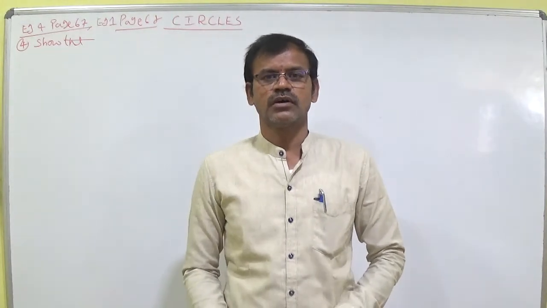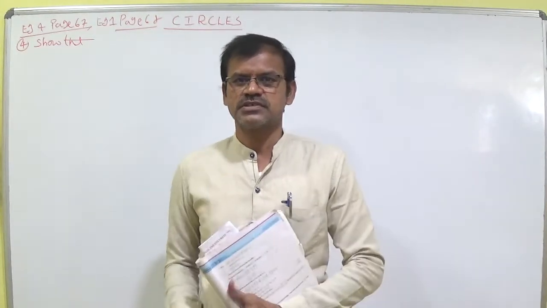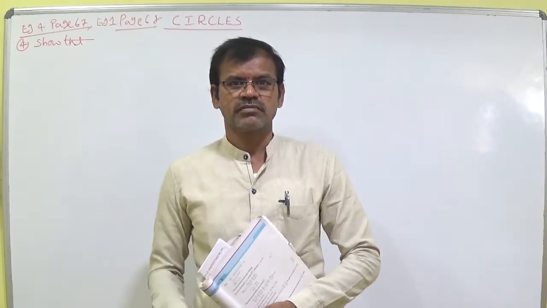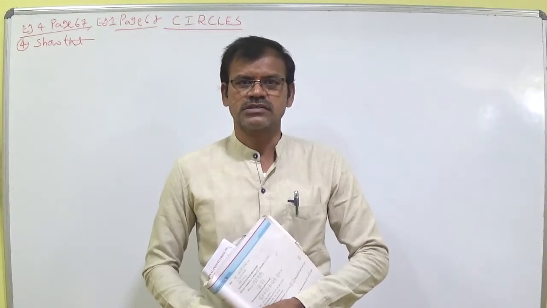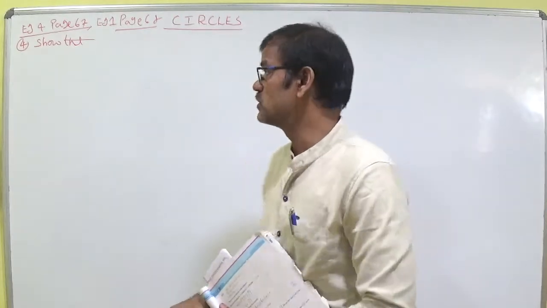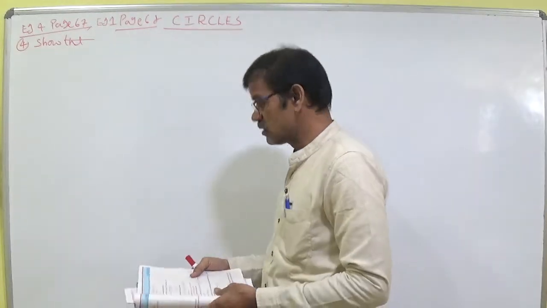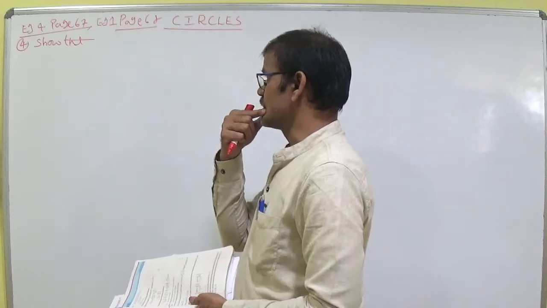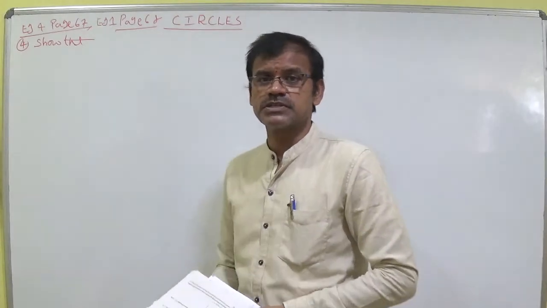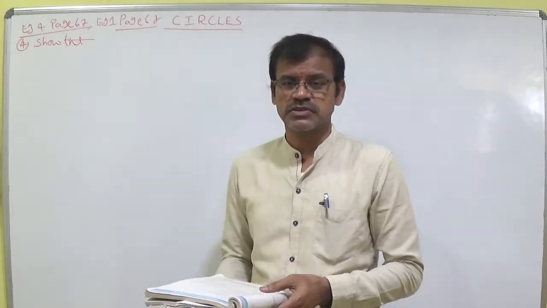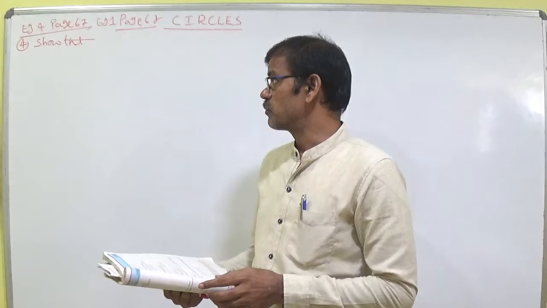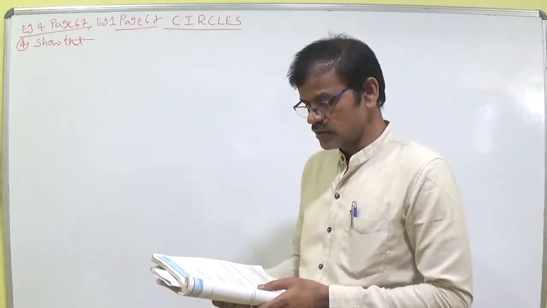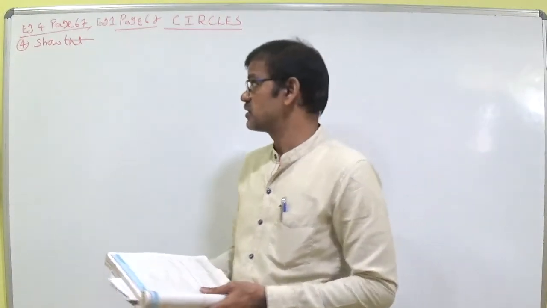Students, now we are in the topic circles, the lengthy chapter which is important, 22 marks weighted topic. Circles we are discussing. In previous class I said the relative positions and common tangents concept. Now I am going to discuss the example sums depending upon the common tangent concept. Already in previous class I said 3 examples.